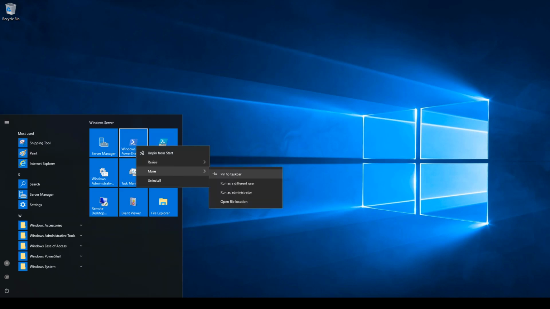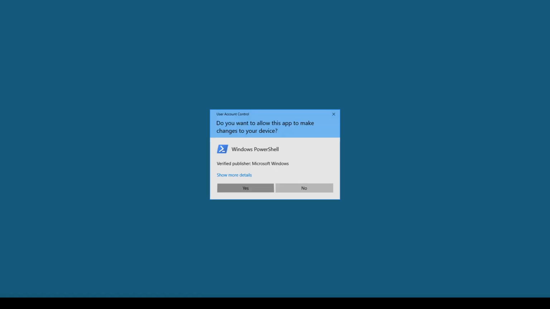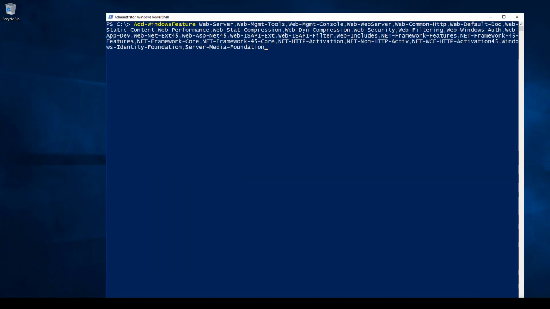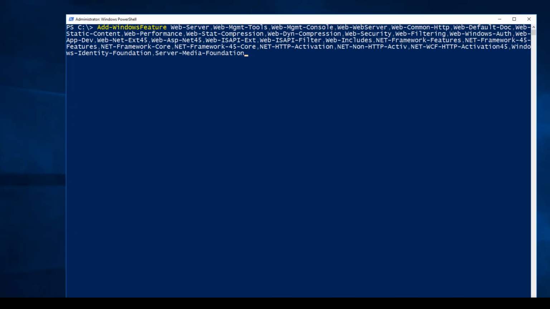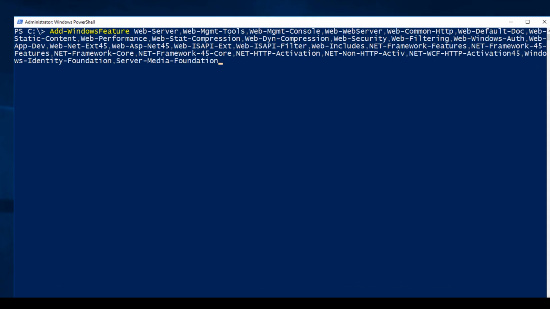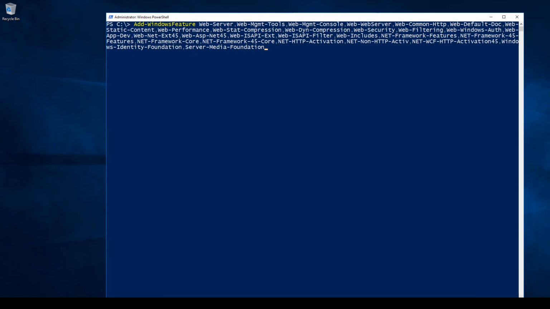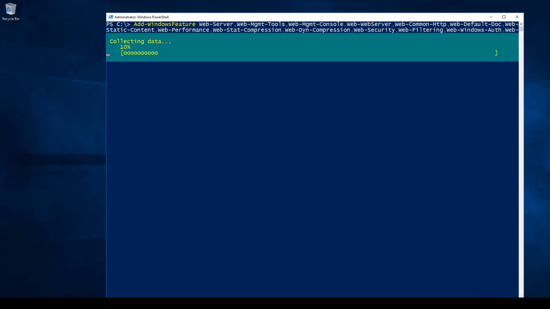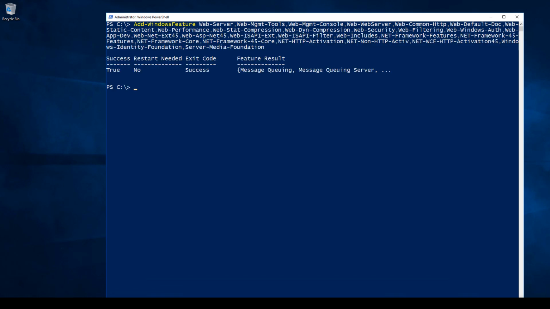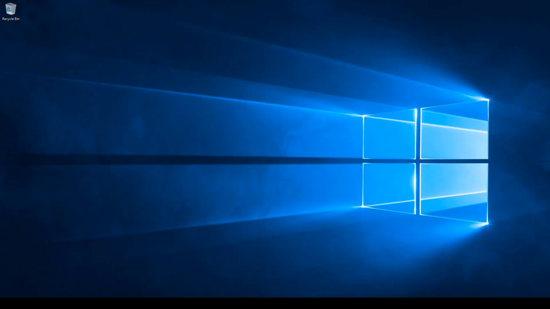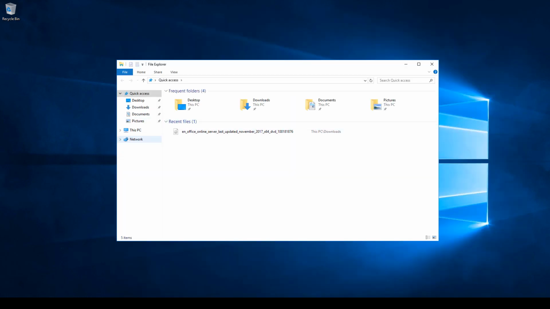The next step, we need to install the prerequisite software and roles through PowerShell. Then we need to install the following software.